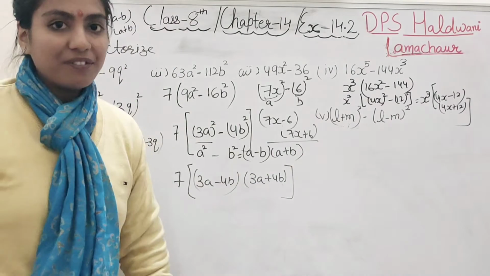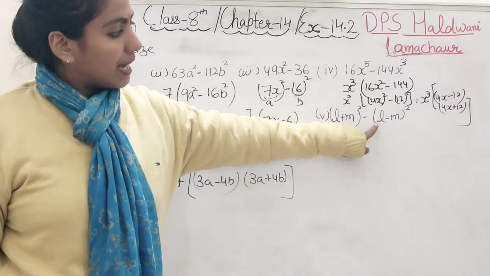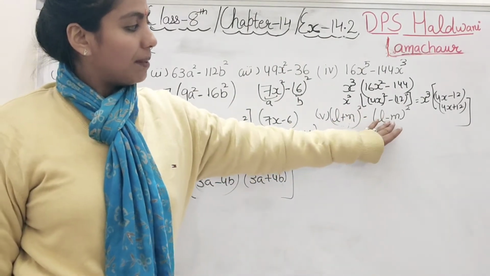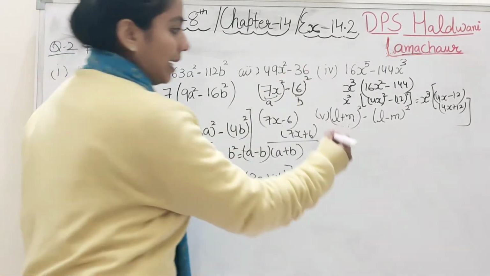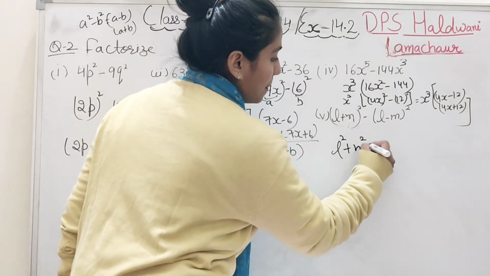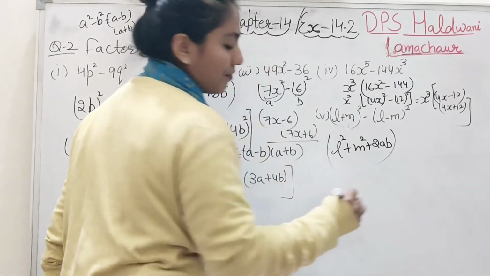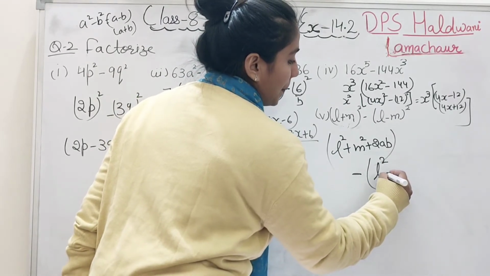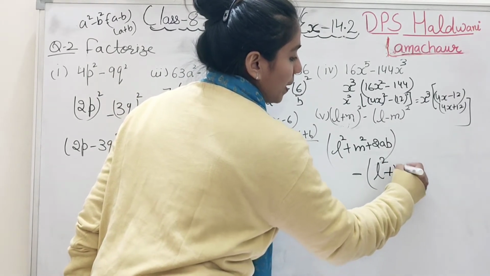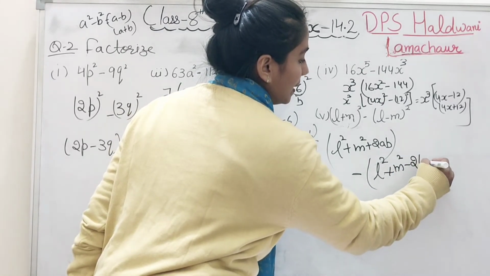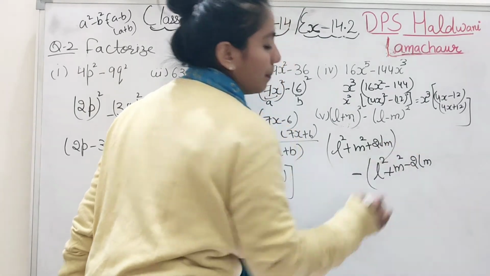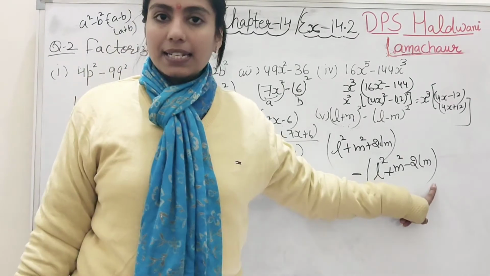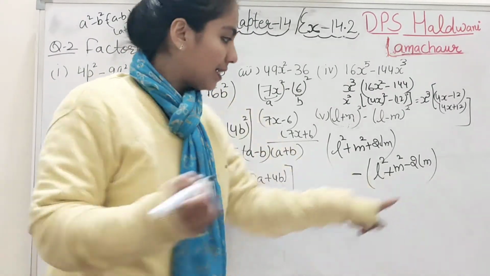Right? Coming to our fifth part, (l plus m) whole square minus (l minus m) whole square. It's visible that it is the (a plus b) whole square formula and the (a minus b) whole square formula. So you have to put only a square plus b square plus 2ab. This is the first bracket, minus, inside first of all a square plus b square minus 2ab. Sorry, we have to write lm because in the place of ab there is lm. Right? Now see student, outside is minus, so inside all the signs will change. This basic we have learned, so let's do it.